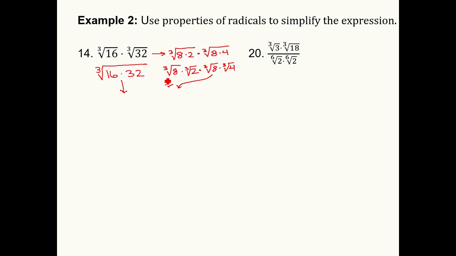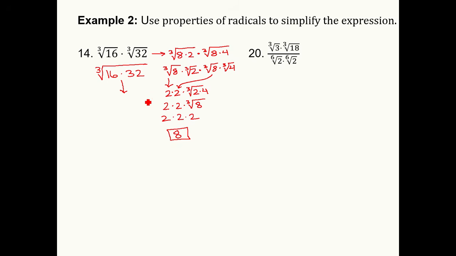That's the cubed root of something that's clean. It's a perfect cube. It's really a 2 times another 2 times the cubed root of, what do I have left? The cubed root of 2 and the cubed root of 4. I could combine those together. So I've got 2 times 2 times the cubed root of 8. Hey, that's another perfect cube underneath a cubed root. I'm really doing 2 times 2 times 2. It's an 8.